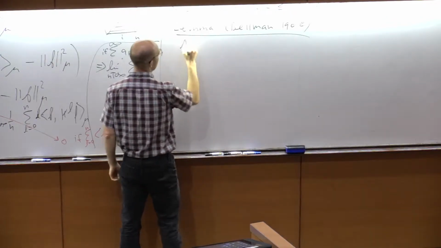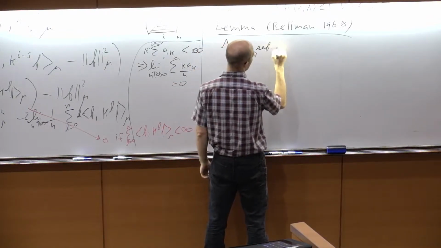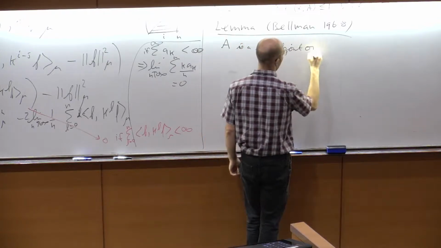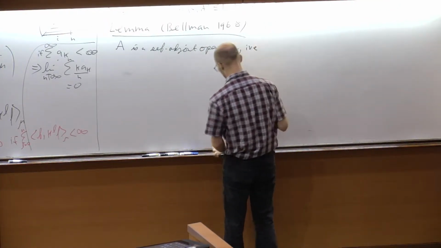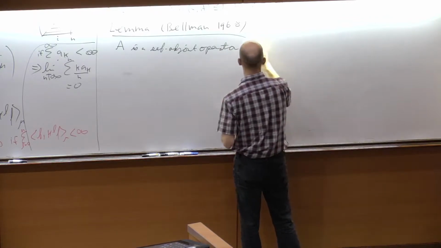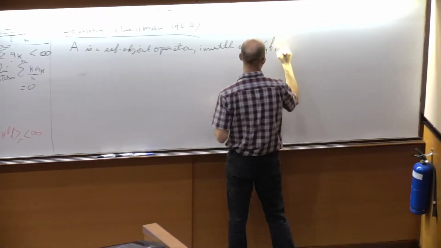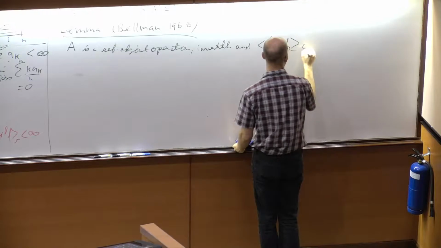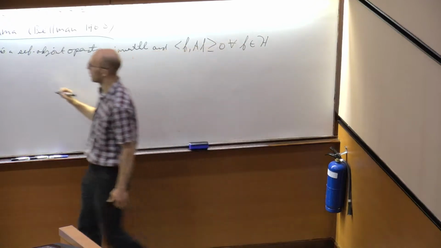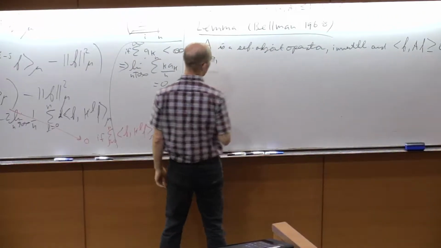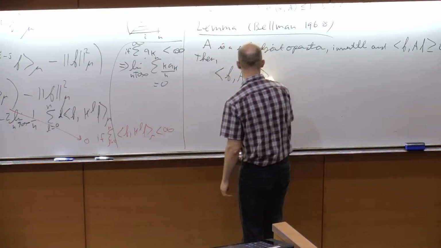So let A be a self-adjoint operator, and we're going to assume that it's invertible and positive definite, so that the inner product of F with A F is positive for all elements F of the Hilbert space H. Then we have a characterization for its inverse